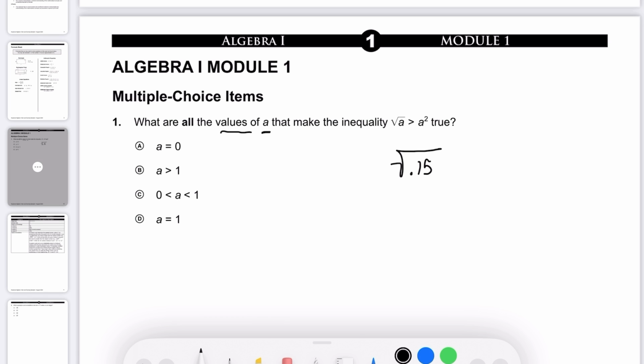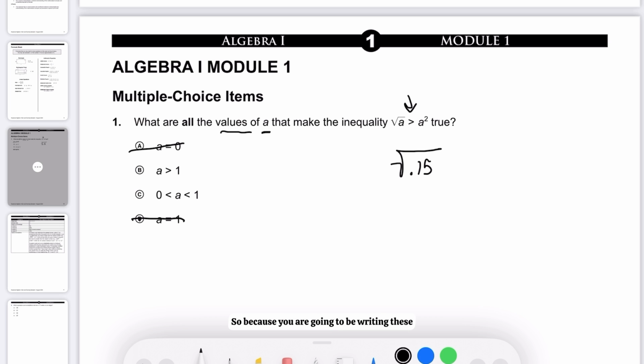It will never be that. So let's say 0.15. And then if I take 0.15 and I square it, I'm going to get a smaller number, okay? So definitely it's not going to be that one. Definitely not that one, okay? Because the square root of 1 is 1 and it's not bigger. So this is saying larger,